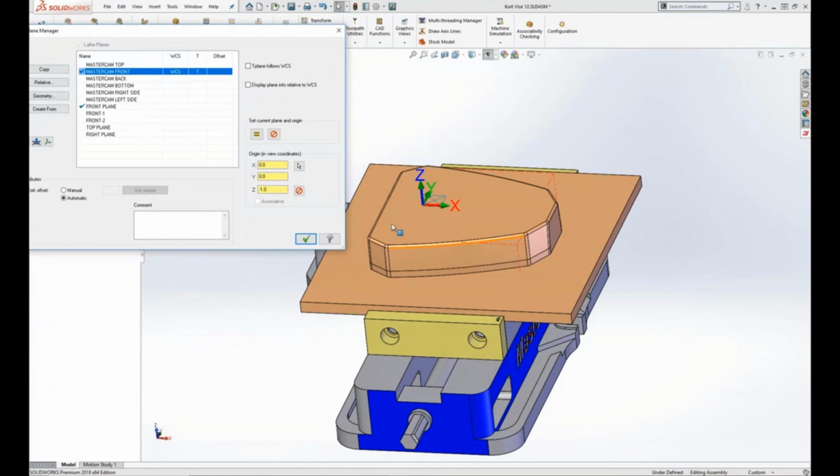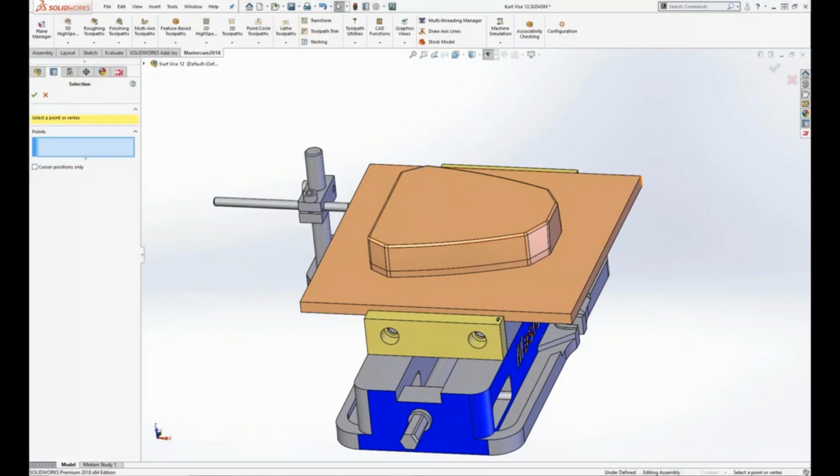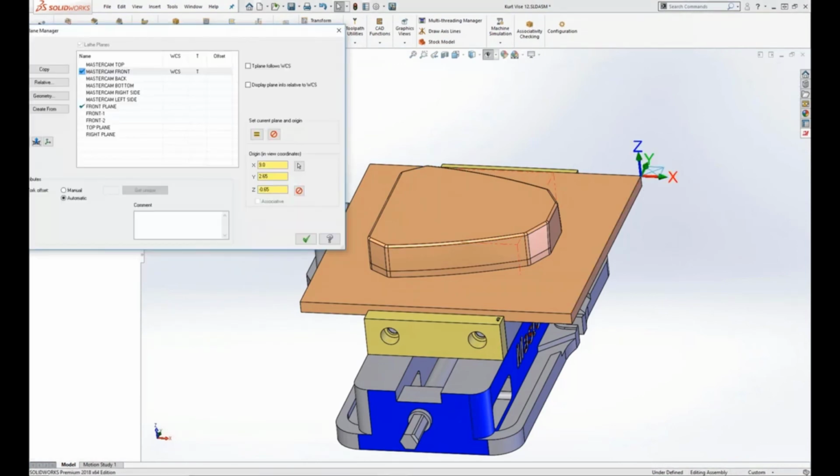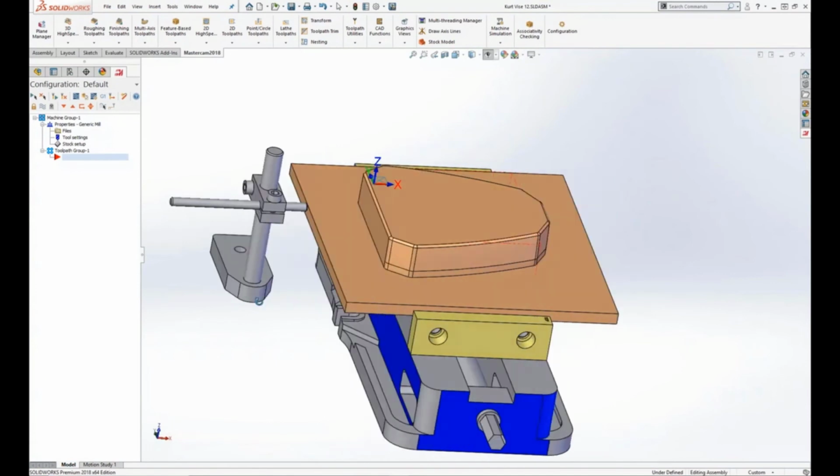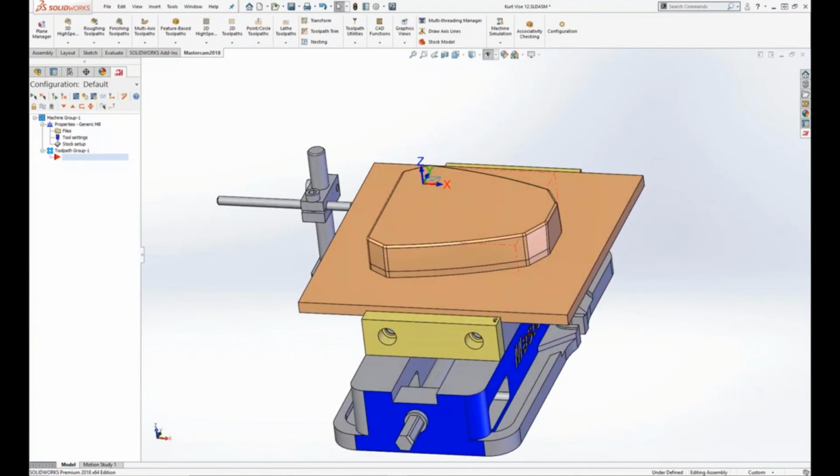It shows which way I've got the X, Y, and Z, and we have some quick tools to place that in any particular position that we may want it. But at the corner of the part, the center of the part, this is really just wherever the user needs to put it on there. All right? So once we've got that established, we've got the X, Y, and Z where we want it,